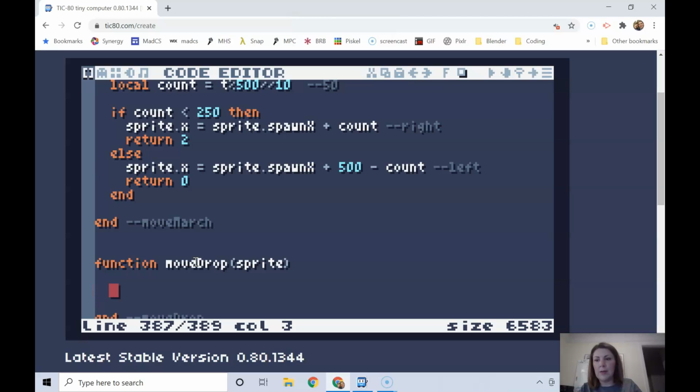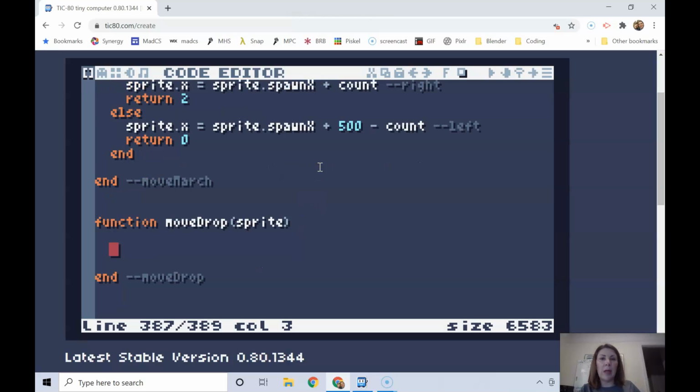And inside this function, I'm going to basically recreate gravity, but in a slightly less complicated way. When we did gravity for Blobby, we gave him a velocity and made that velocity get bigger each time, so it would be like he's speeding up as he comes toward the ground. For this enemy, I'm going to keep it more simple and just add the same amount every time, so it'll be a constant fall. He's not going to speed up toward the ground. But if you wanted to do more of a gravity effect, you could recreate the code that we used for Blobby. So to make the sprite fall, we're going to take the sprite's y value,